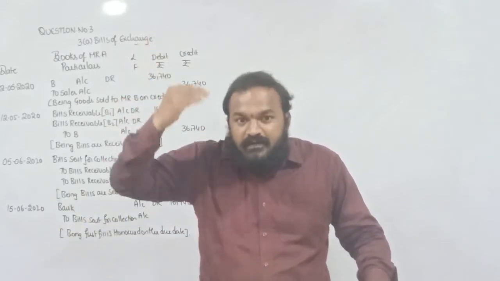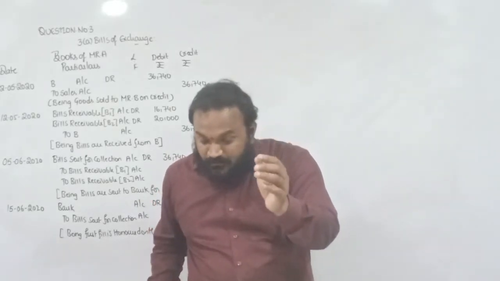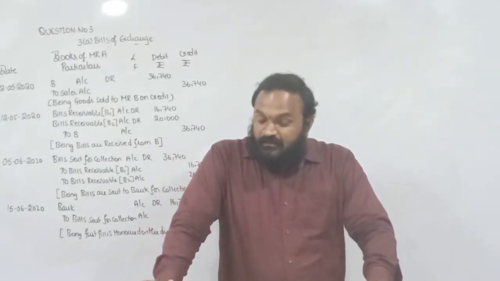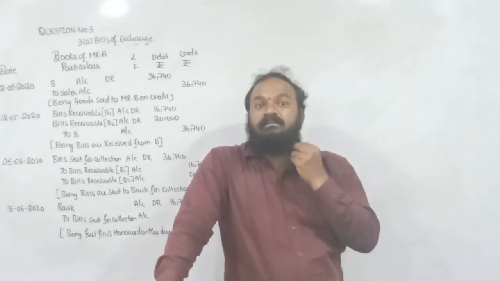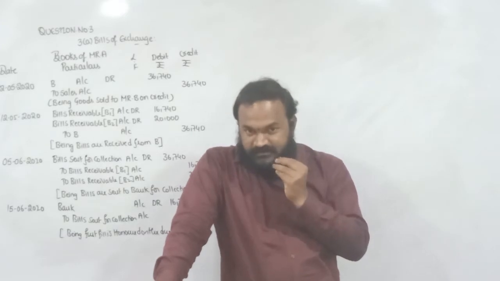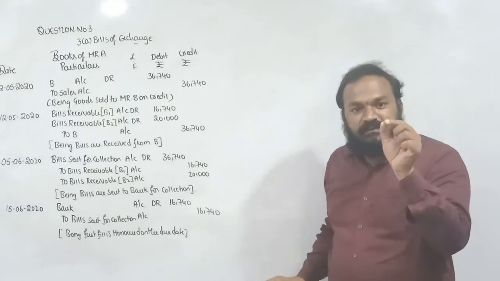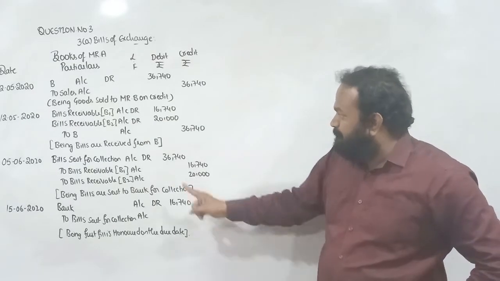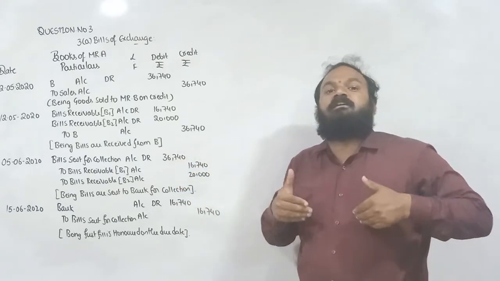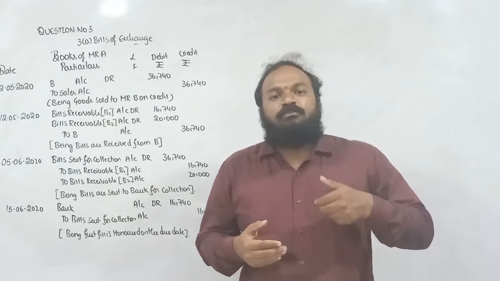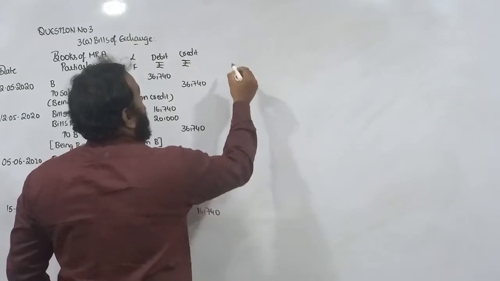Again B will become debtor to Mr. A for 20,000 plus the noting charges, 20 rupees. It means from B we have to recover 20,020 rupees. What is the journal entry? B account debtor 20,020 rupees to bills sent for collection 20,000, and we have an obligation to pay the amount to the banker, to bank 20 rupees. So the journal entry for dishonor is